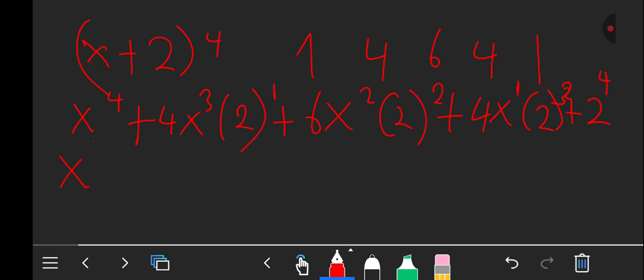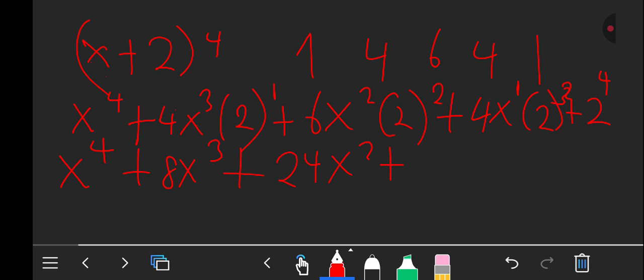So you can expand it now. x to the power 4 plus, this is 2 times 4, that is 8, so it will be 8x to the power 3, then plus 2 squared, that is 4, then 4 times 6, that is 24. So we're going to say 24x to the power 2, then plus 2 to the power 3, that is